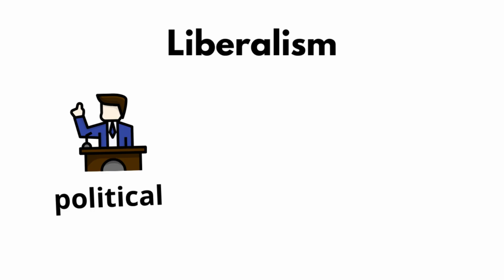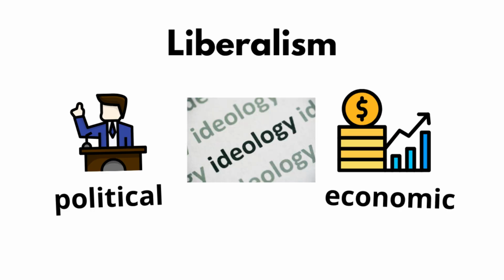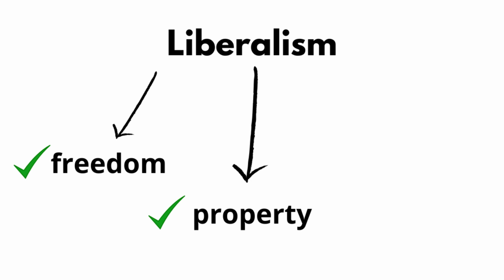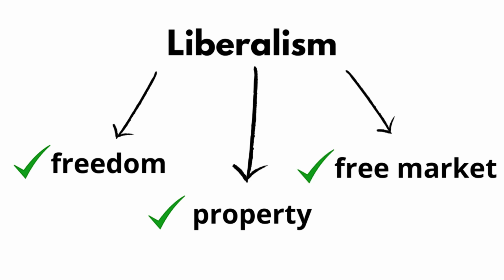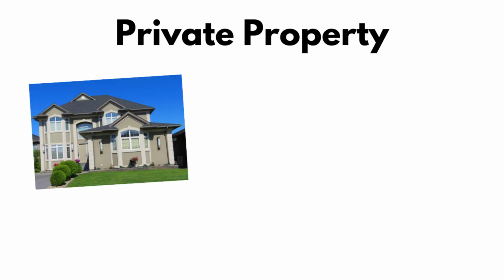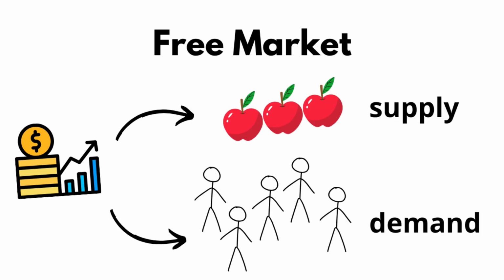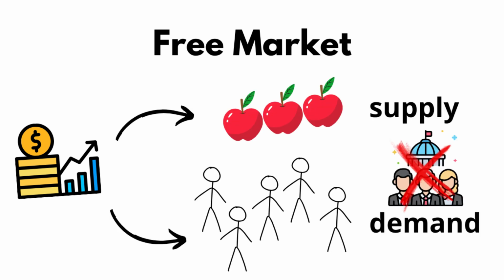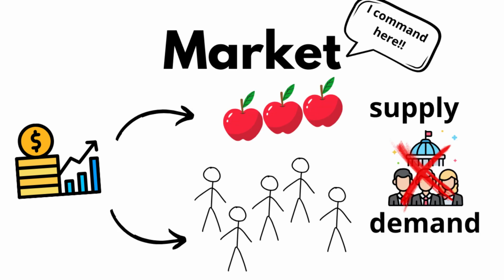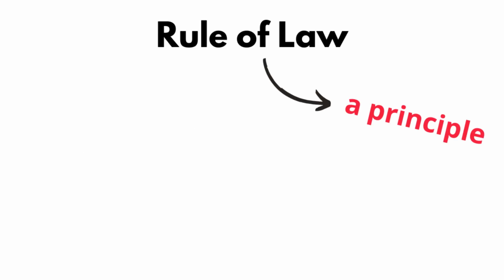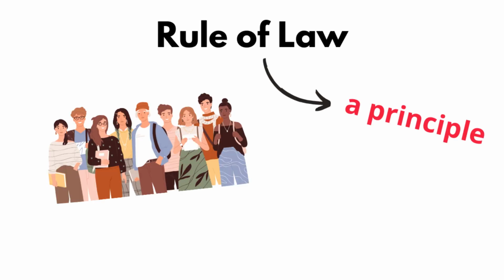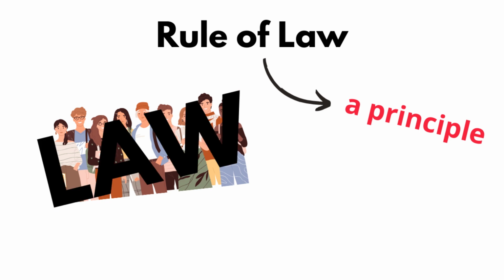Liberalism, set of political and economic ideas that advocate individual freedom, private property, and free markets as essential for social progress. Private property, exclusive right of ownership and control of goods and resources by individuals or private entities. Free market, economic system based on supply and demand with minimal government intervention, where prices are freely determined by the market. Rule of law, principle that establishes that all individuals, including rulers, are subject to the law, ensuring justice and